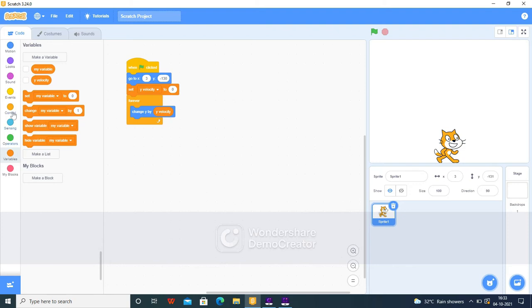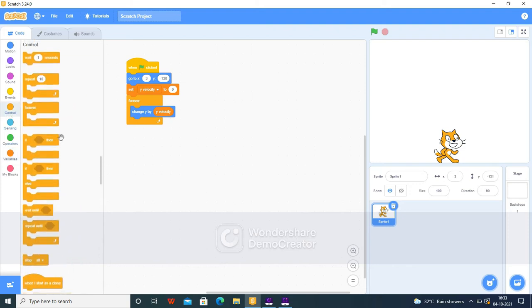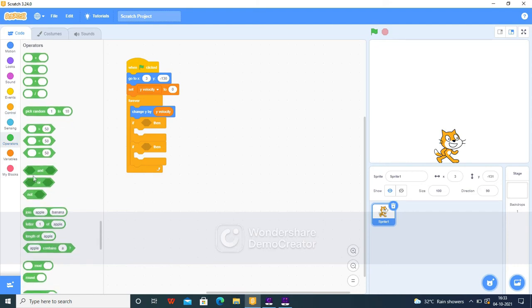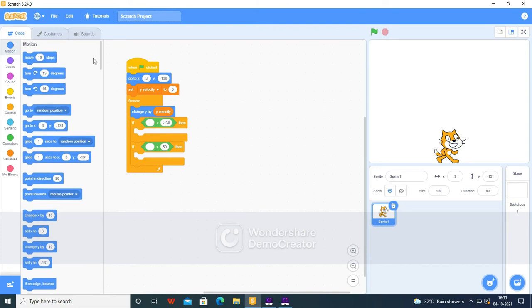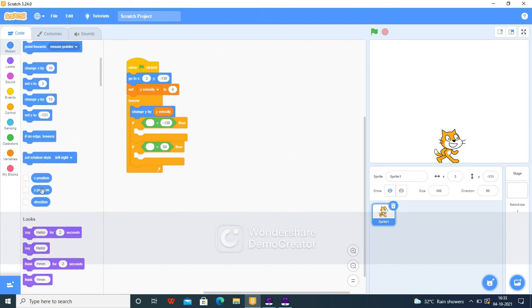The same thing from the last video, the jumping, is being continued. So let's give y position is less than and greater than. If it is less than minus 130, you have to take the y position. Just place two of the y positions here.